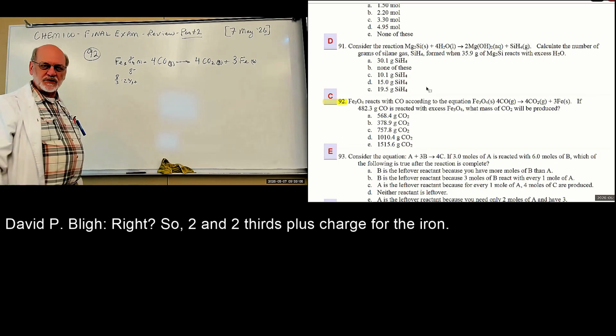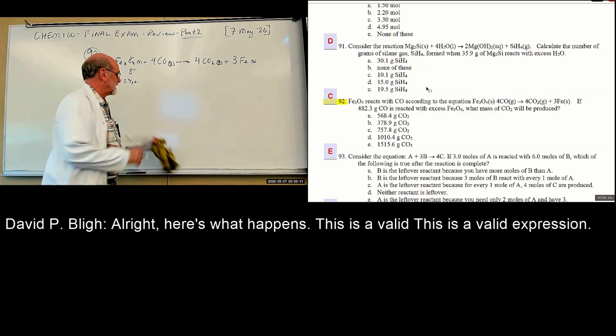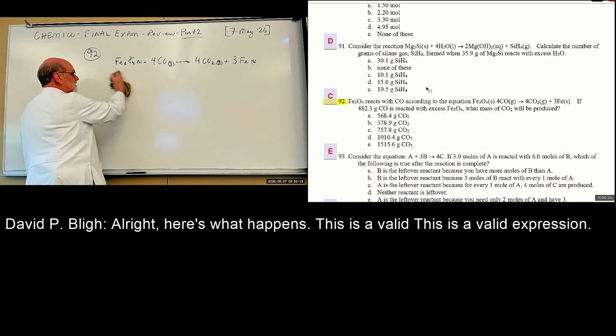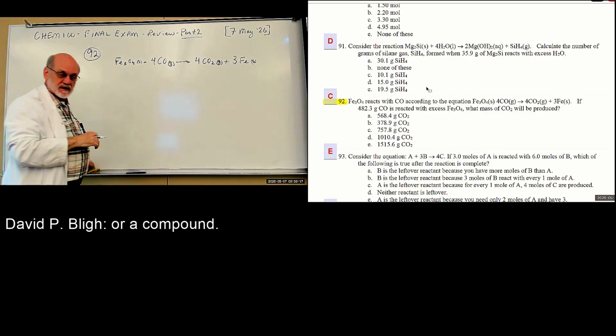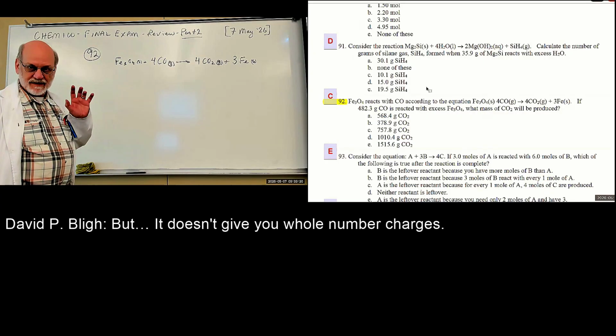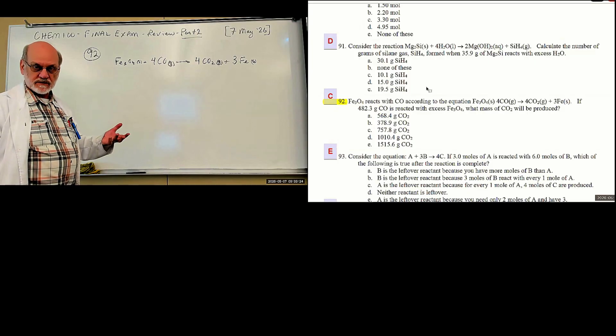So 2 2/3 plus charge for the iron. All right, here's what happens. This is a valid expression for a compound,